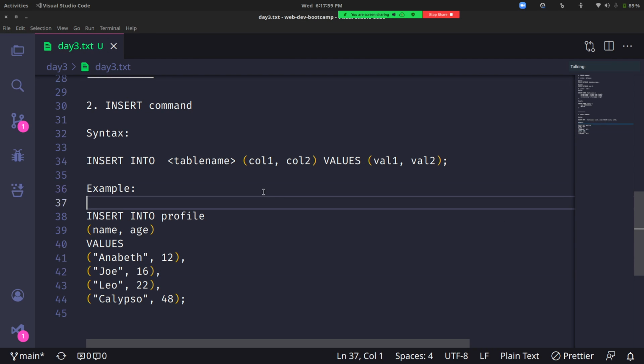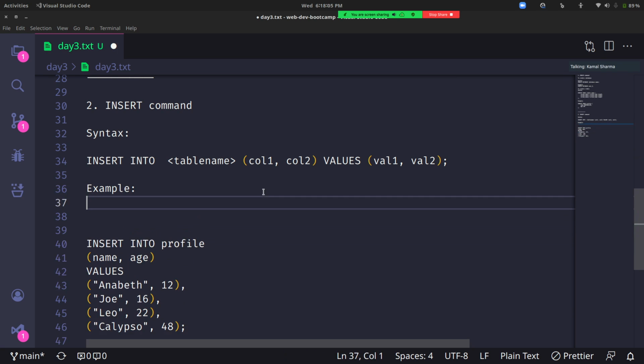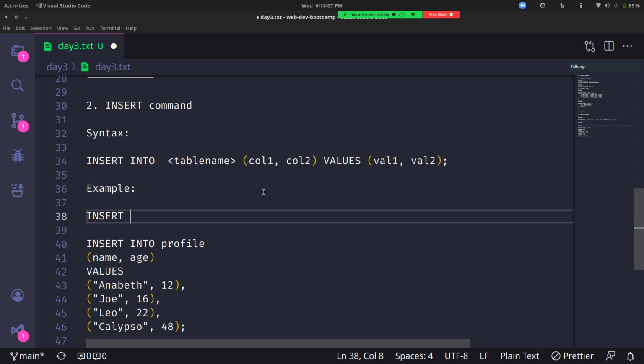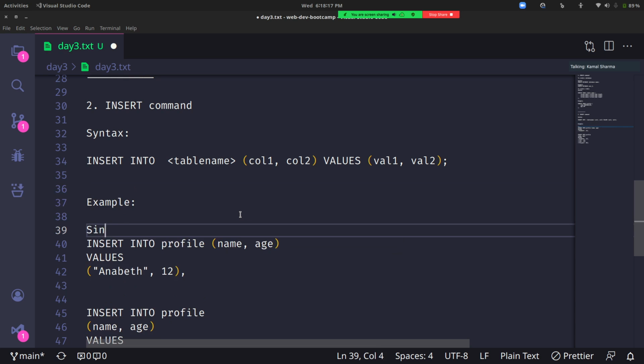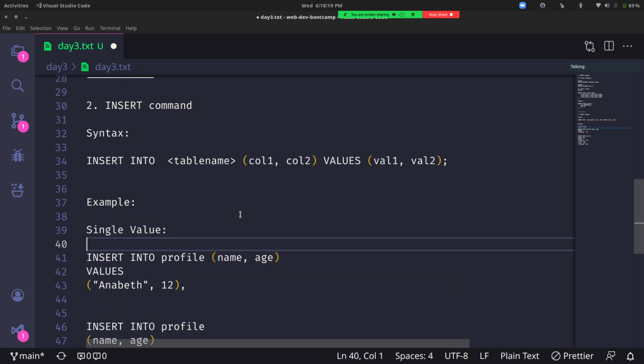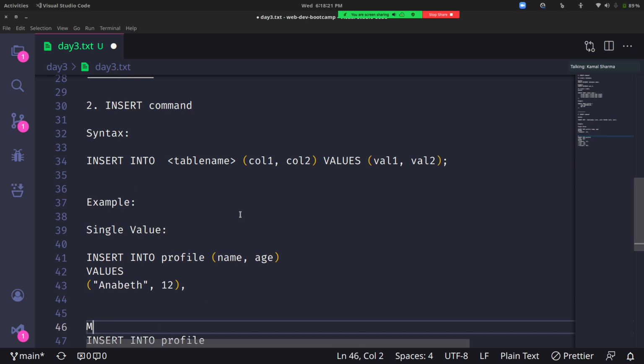So, for example's sake, I'll have this. I'll add that previous command also. Like we had this Percy, right? So insert into profile. Just copy this. So this is for single value. This is for multiple values.